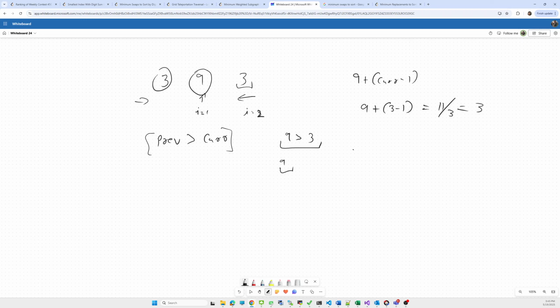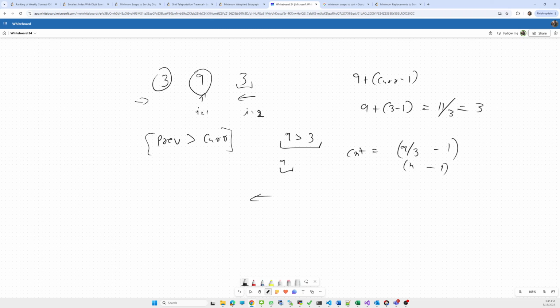So the replacement count will equal 9 by 3 minus 1, because to split into three parts we require n minus 1 operations, where n is the number of partitions. Similarly, if we iterate from the right side, we check the same thing.